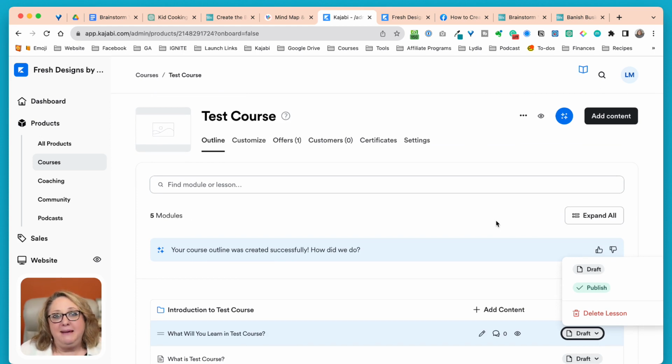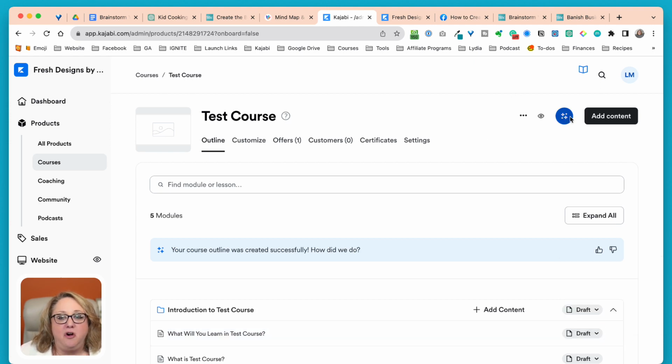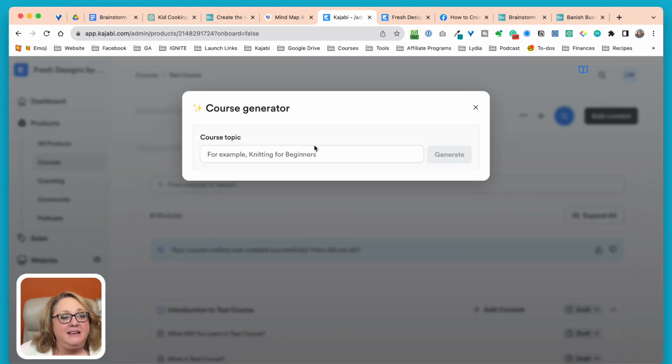But I want to make mention of one other AI tool. Inside Kajabi, there's this little star right here, and this actually does help you create a course as well. It is using the same technology as ChatGPT. So if I just say my course topic is kids cooking, I'm going to say healthy kids cooking.